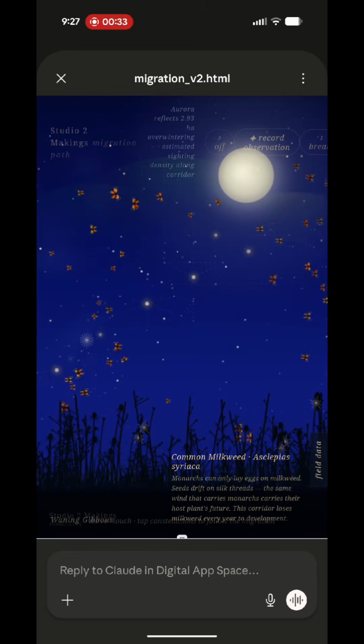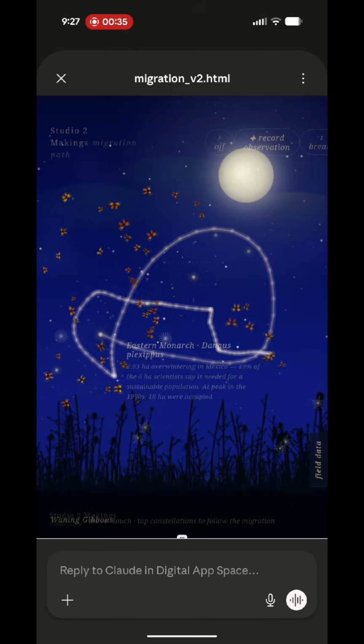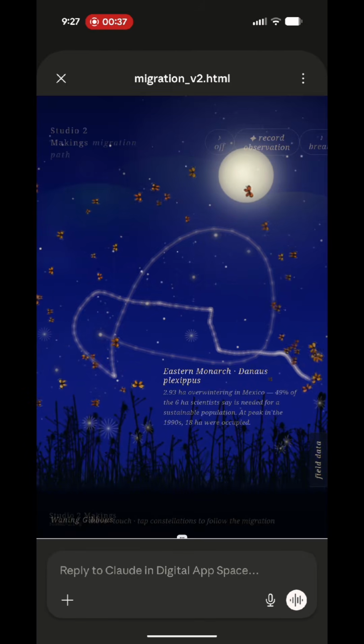I also wanted to show you this cool little dashboard that you can pull open and see where all the data is being pulled from in this app. Right now I have iNaturalist data sets, the moon